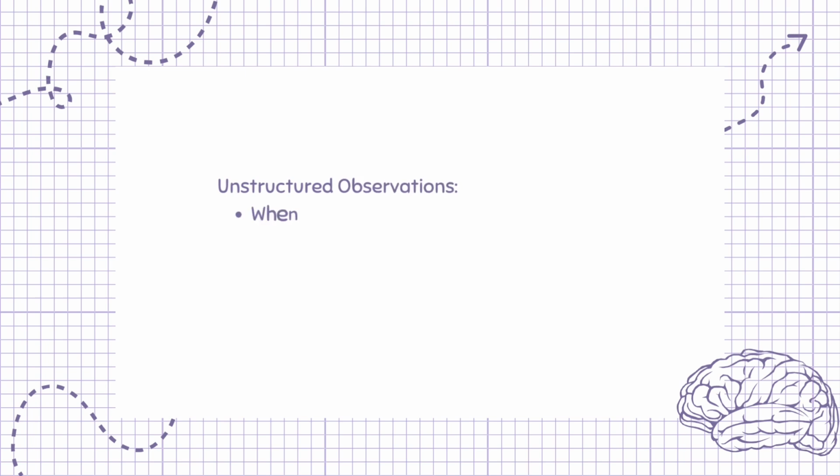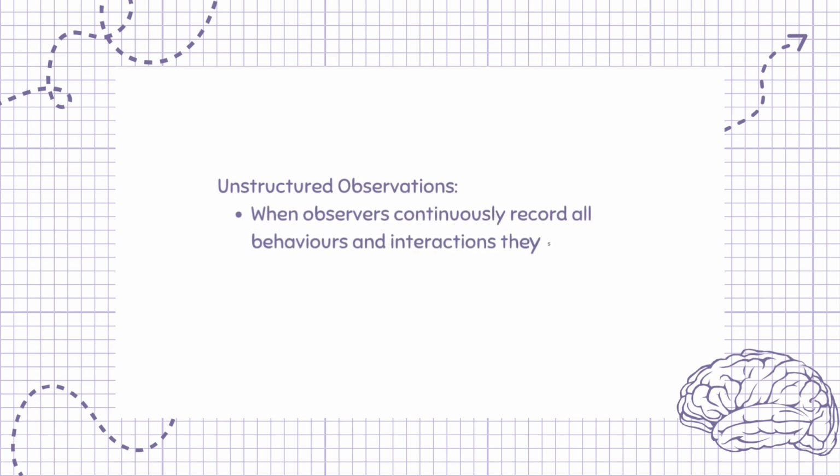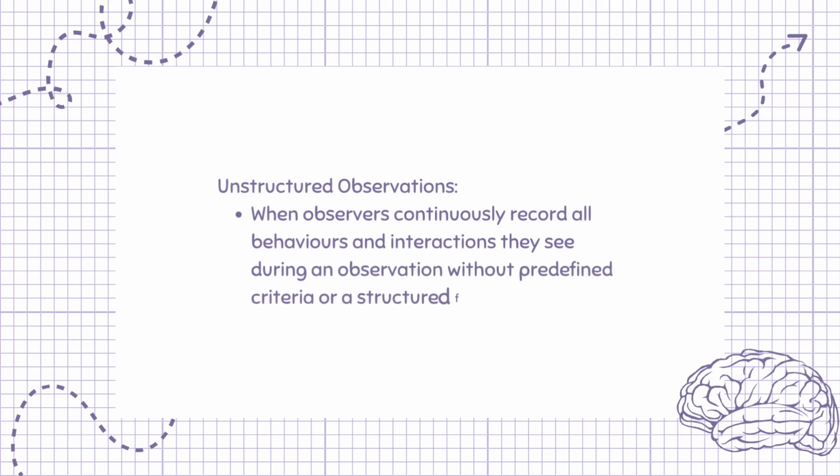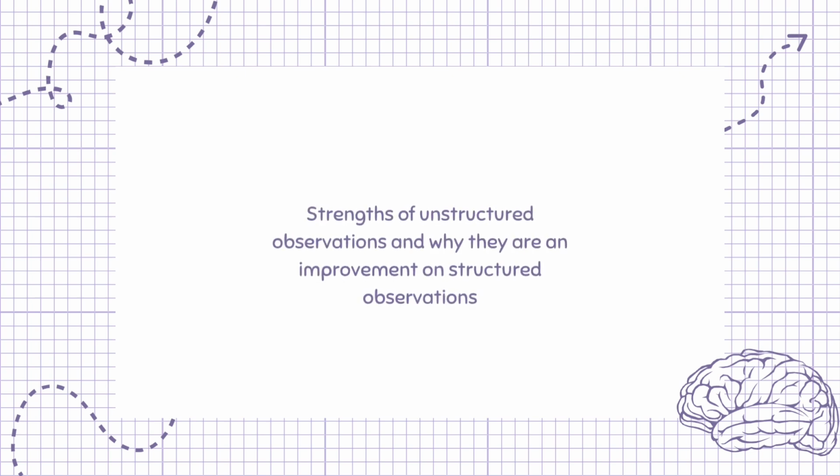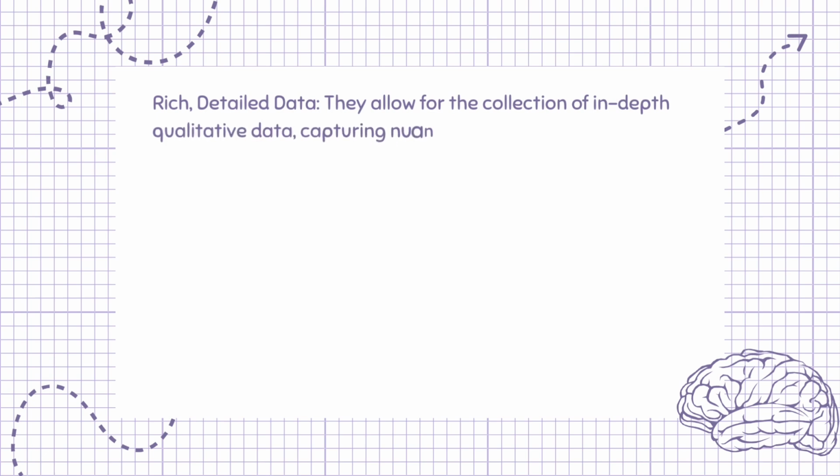Unstructured observations. When observers continuously record all behaviors and interactions they see during an observation without predefined criteria or a structured framework. Strengths of unstructured observations and why they are an improvement on structured observations. Rich, detailed data. They allow for the collection of in-depth qualitative data, capturing nuances and complexities of behavior that structured